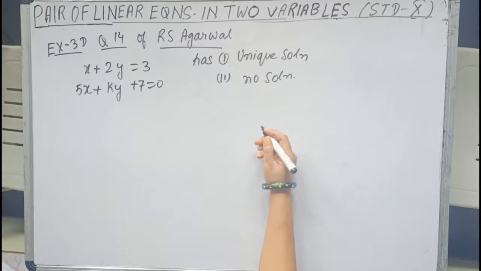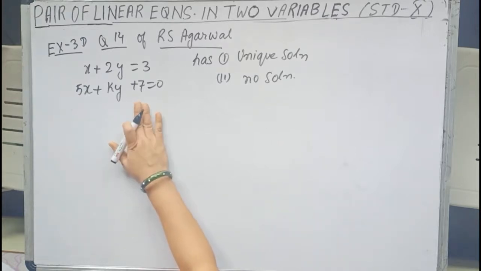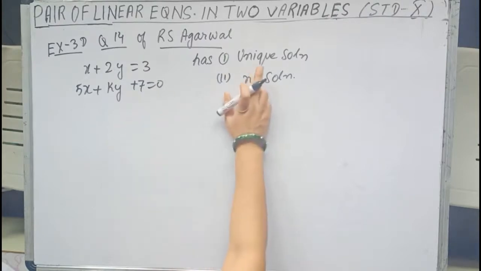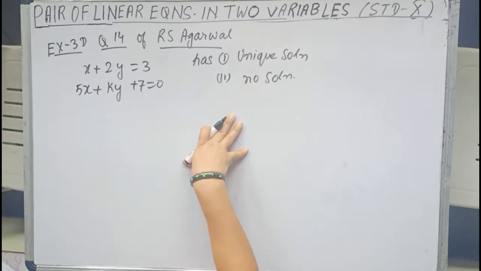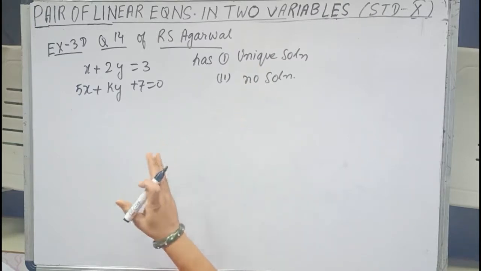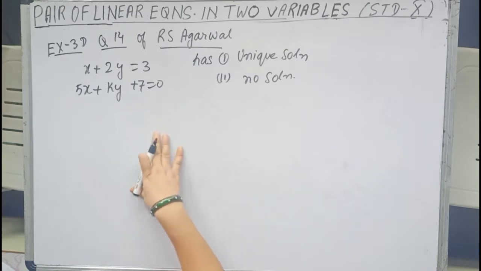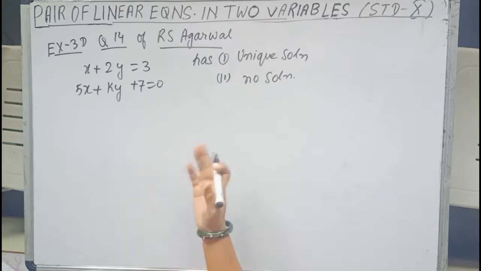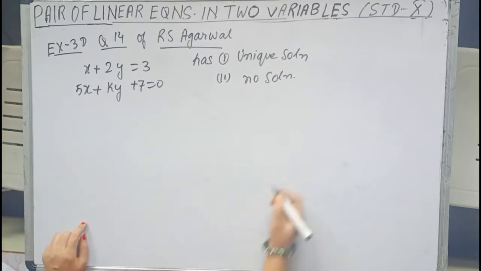So we have actually three parts in this. First for this system of linear equation we have to find the value of k for which it has unique solution and no solution. Two parts. And the third part, it is saying that show that there is no value of k for which this system of equation has infinitely many solutions. There is no value of k. So let us start. Now before starting, let us first revise the conditions of solvability.